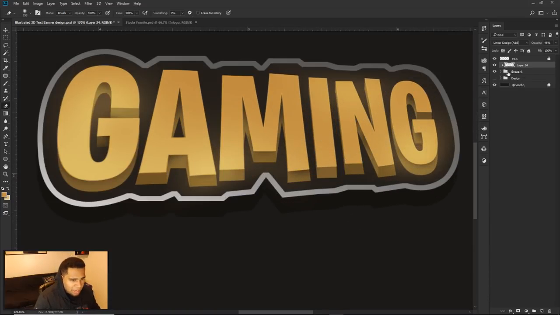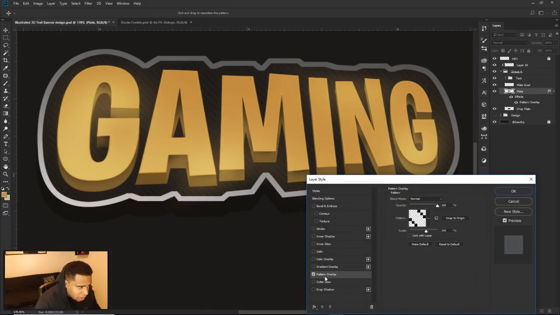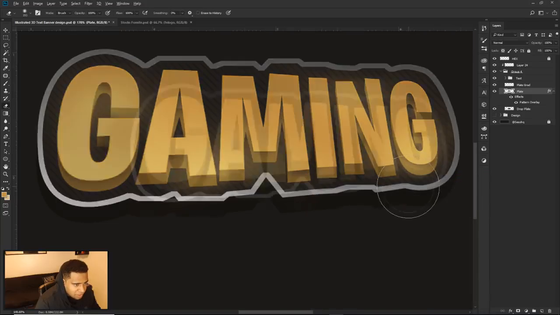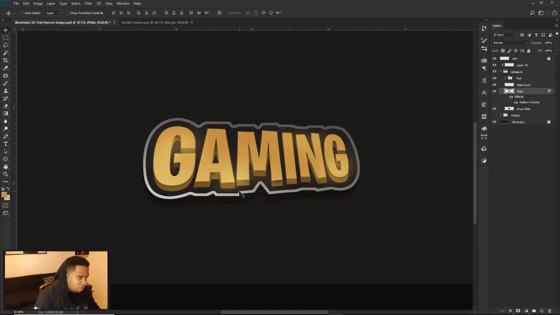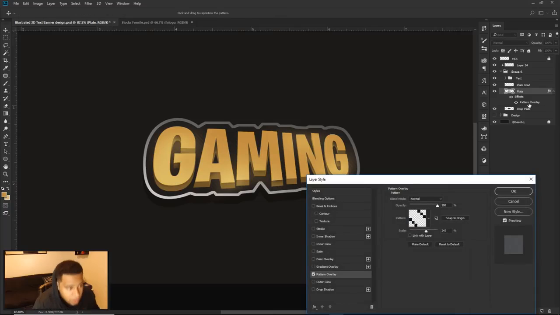Now as well, I'm going to put a nice little pattern on the plate right here, which is that inner color. I'm going to use that plate pattern just like so. Press OK. As you can see, it has a nice little pattern on the inside as well. It kind of brings out the text itself a little bit more. Now, if you want to change things around with that, or if you want these really cool pattern overlays, you can go to